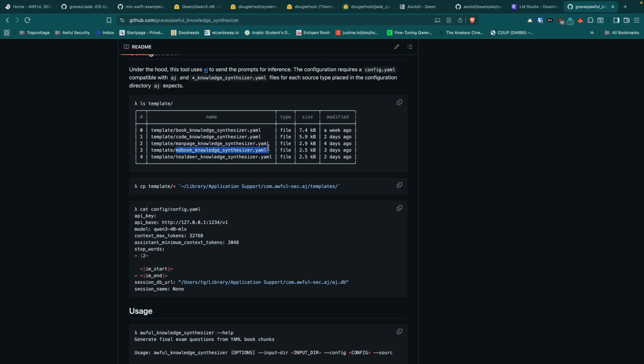mdBooks, which is a form of Rust documentation where Rust has a tool called mdBook, which makes it very easy to generate PDFs or websites that are very easy to read and contain documentation and instructions on how to use Rust projects.